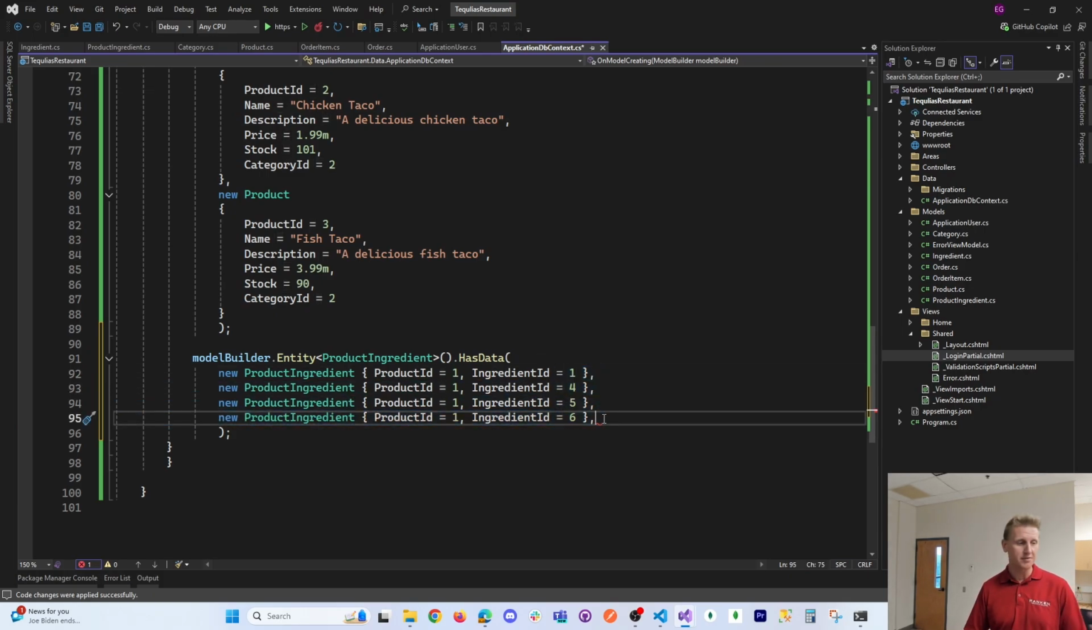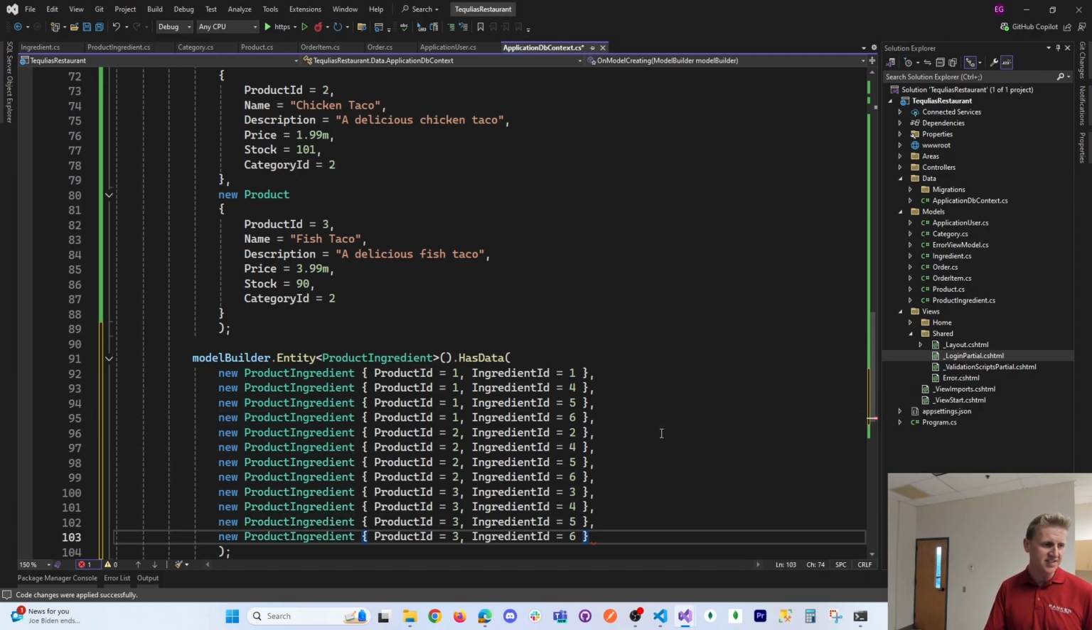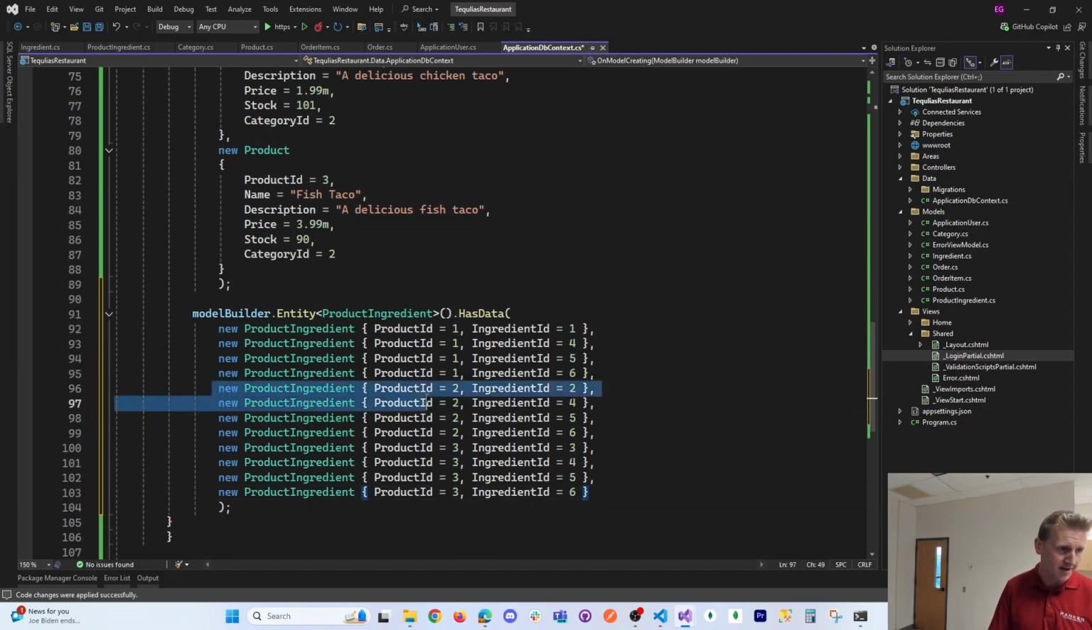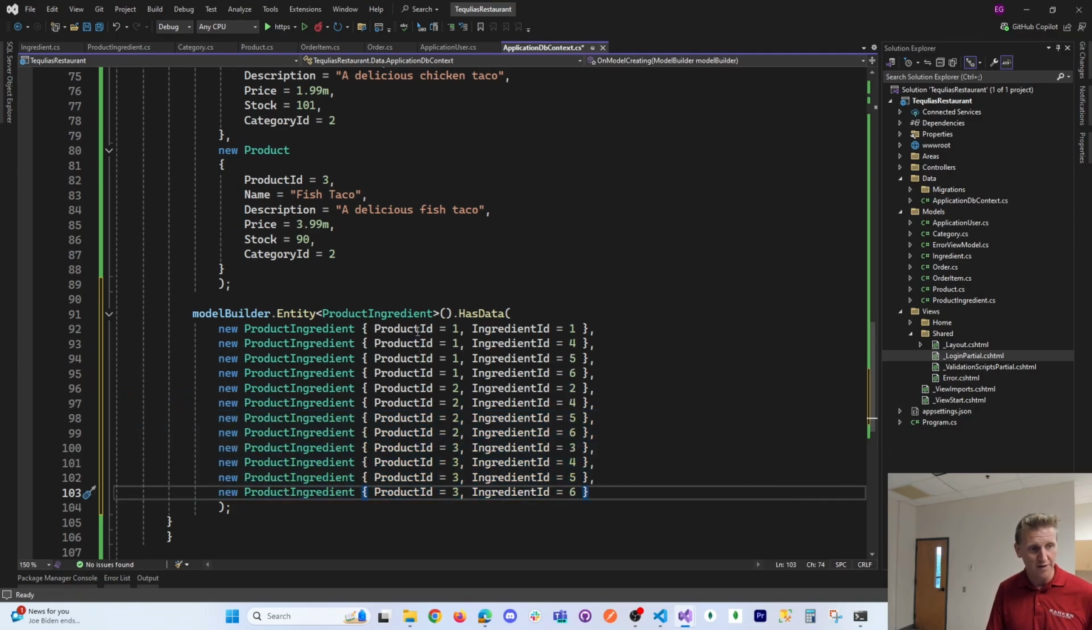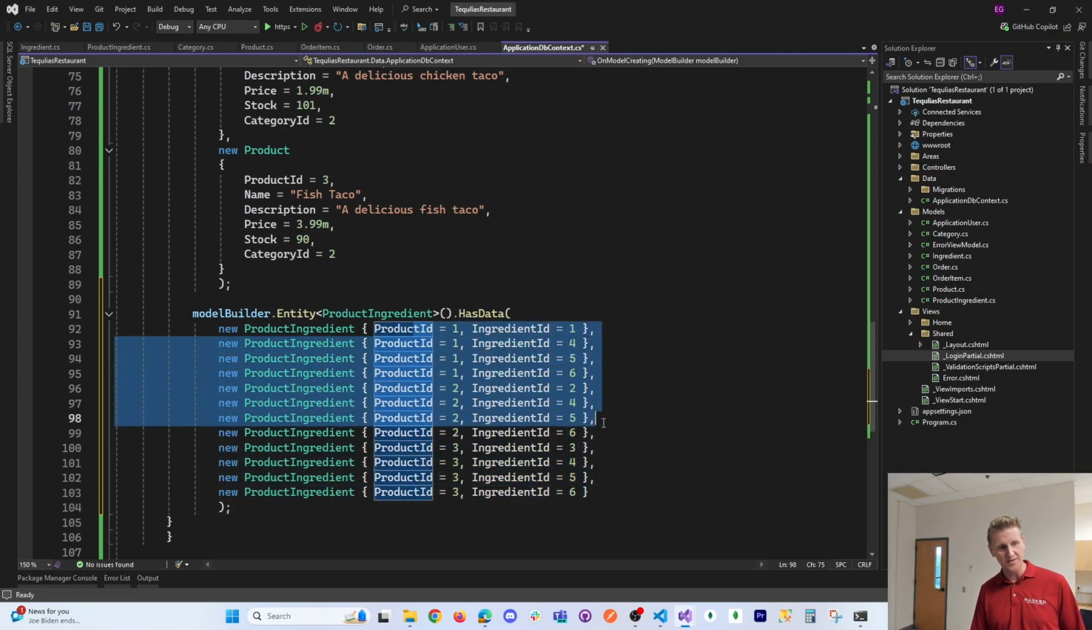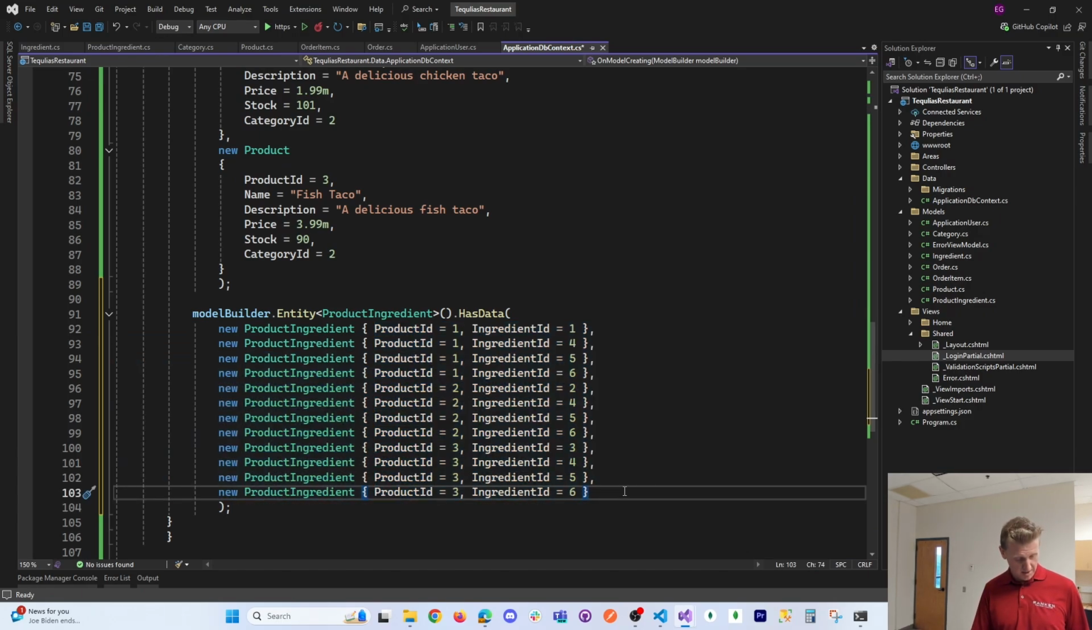Then you just have to rinse and repeat for the next 2 products. And this is just the seed data that I'm starting out with. So I'll paste in all the other product ingredients. Then I'm going to create. And if you followed me along with the first one, it should make sense for the second one and the third one. And that's where we will add all of these